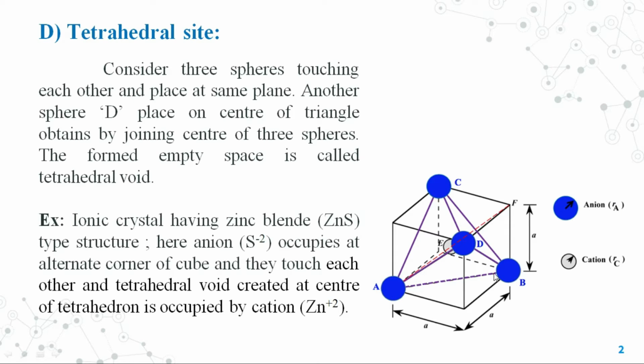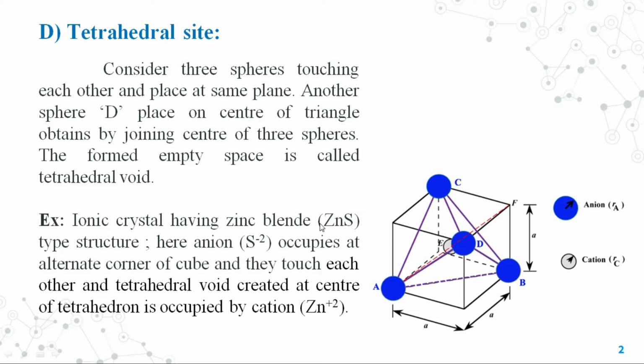Now in this diagram, if ABC lies in one plane and forms a trigonal void, and in that trigonal void I keep a D particle, then within these two layers, whatever void is created, which is represented here by a gray ball, is called a tetrahedral site, and normally the cations will occupy these